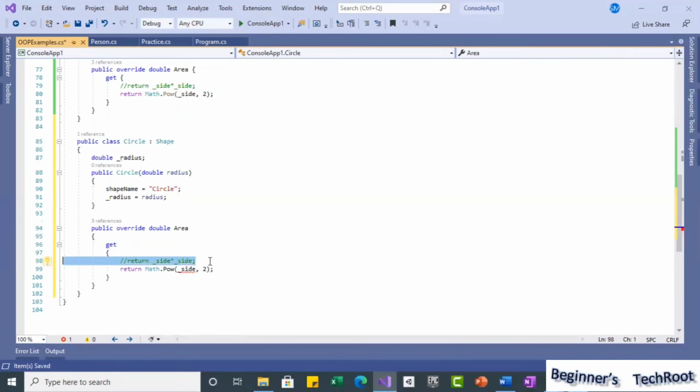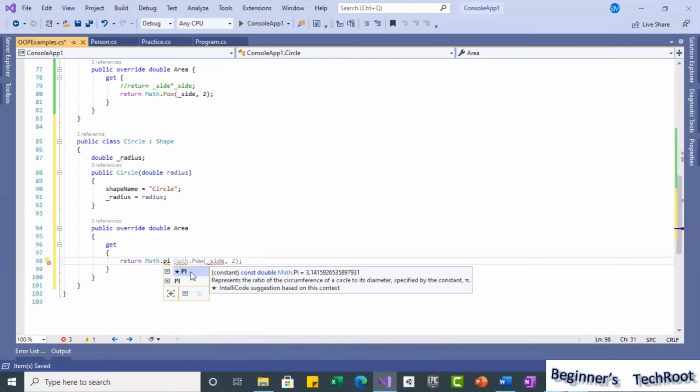So I am going to remove this. Here again, the same Math class we can use. You can hard code a pi value, or you can use the Math.PI constant, it is there. The constant 3.14 is defined.